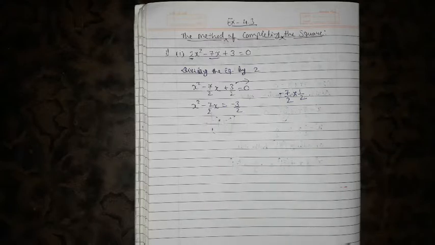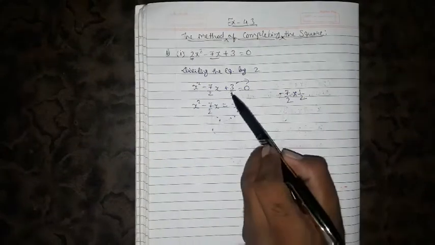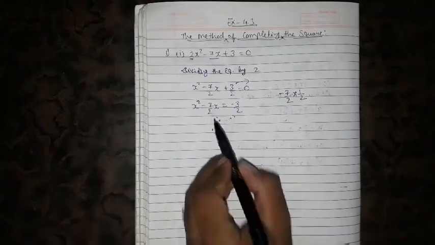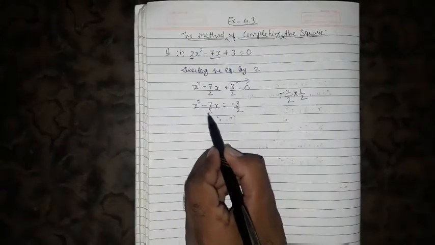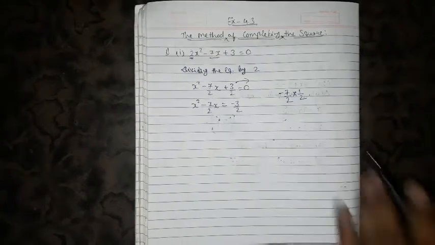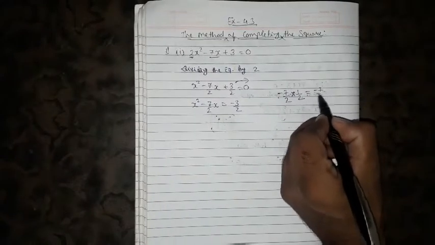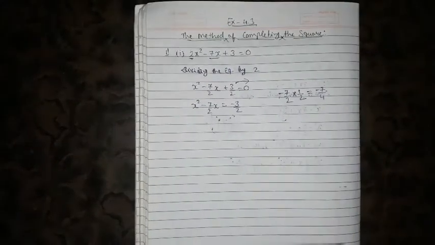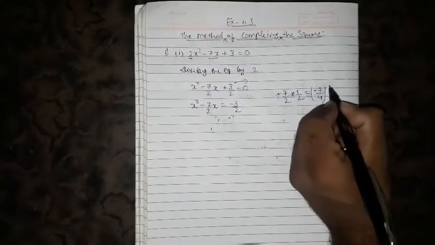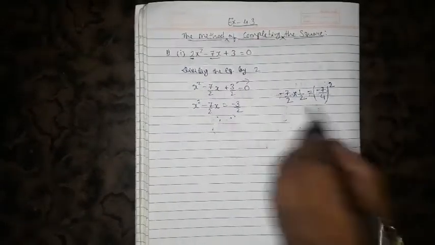ओके, सो इन द फर्स्ट स्टेप वी हैव टू रिमूव द कोफिशिएंट ऑफ x square. Okay, second step you have to shift the constant term. In third step you have to take the coefficient of x, whatever the coefficient of x you have to take it and multiply it by 1/2. Clear है? So इसको 1/2 से multiply करेंगे then we'll get minus 7/4. Is it clear? इसके बाद में जो भी ये टर्म आएगी उसको आपको क्या करना है, स्क्वायर, understand, and you have to add it both side.